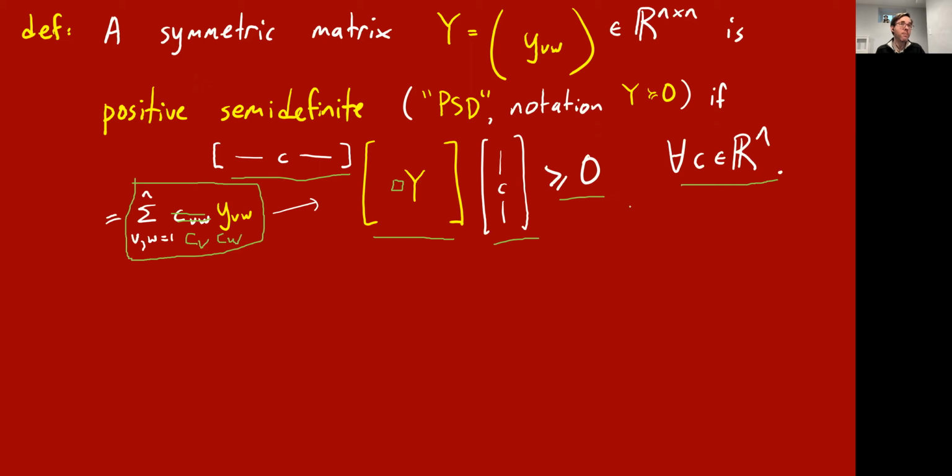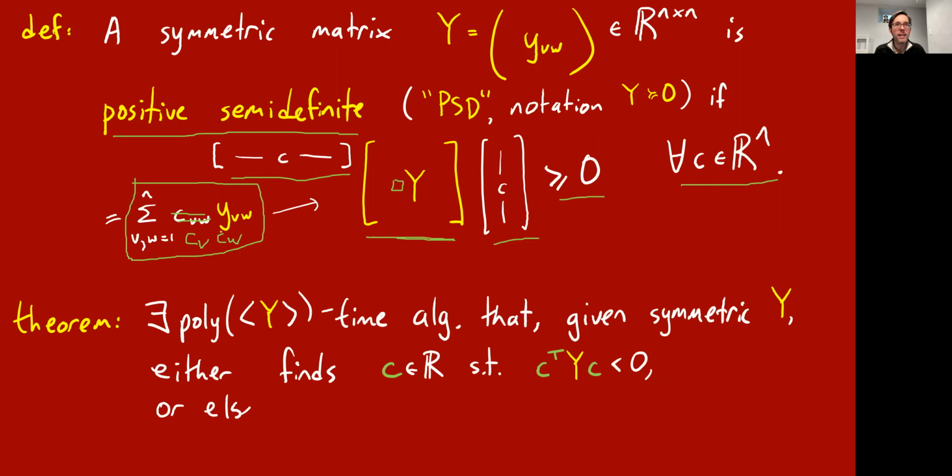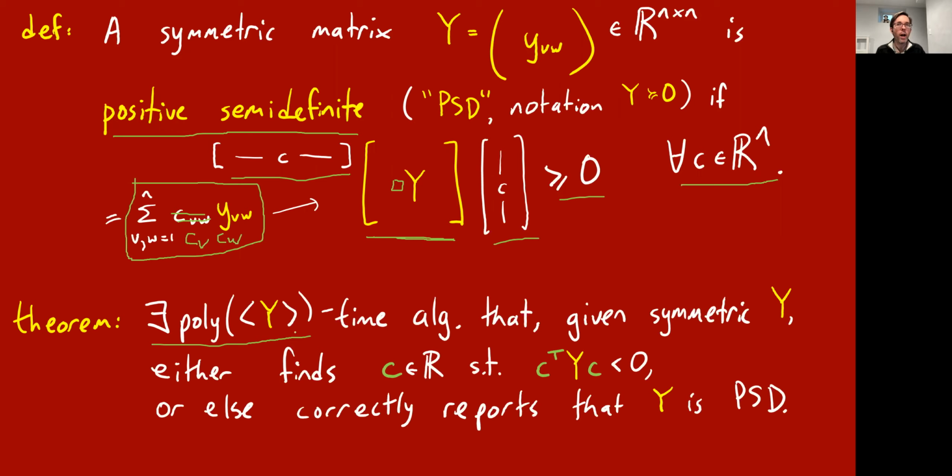So again, this is infinitely many conditions on a matrix Y for it to be positive semidefinite. But there's some linear algebra to the rescue that will make it less confusing. Matrices Y that have this property are called positive semidefinite, PSD. And luckily, they're easy to characterize. Even though there are infinitely many constraints, there's a polynomial time algorithm, polynomial in the number of bits you need to write down Y, such that given a symmetric matrix Y of numbers, it either says, yep, Y is PSD, Y satisfies all of these inequalities simultaneously,